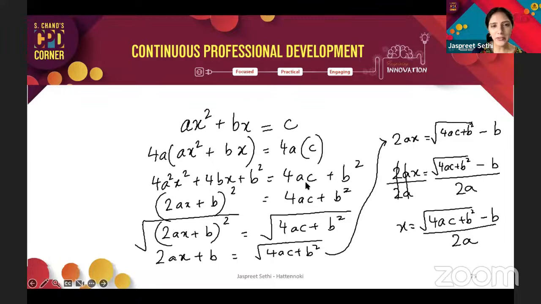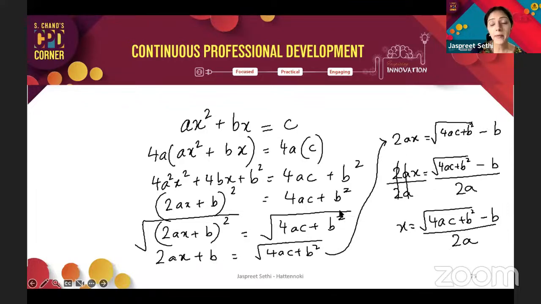So adding b square on both sides, because I am intuitive. I know I want a perfect square trinomial, which is going to be my (2ax + b) squared. That is me factoring out this left side of the equation. And then I want to basically start making it look, at some point, like solving for x. So if I want to solve for x, let me start by doing something to this side, which would mean taking the square root so that it is not a square anymore. And then when the square root is taken out, I want my b on the other side. So inverse operations, I'm subtracting b on both sides.